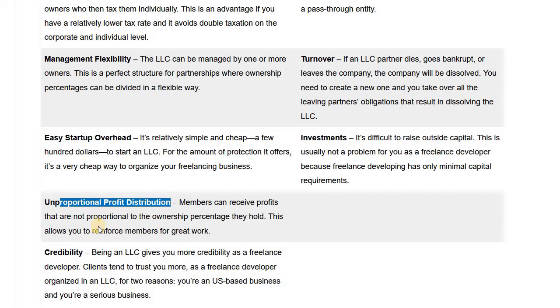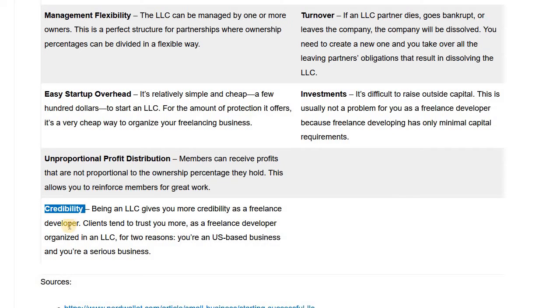And what you also can have, another advantage, is that you can do disproportional profit distribution. So, for example, you can have another owner, like your wife, and your wife may be a partial owner, or your children, say, are partial owners. They own maybe only 20% of the company. So you still control the company with 80%, but you can distribute the profits to the other owners disproportionally. So, for example, you can pay 80% of the profits to your children, even if they own only 20%.